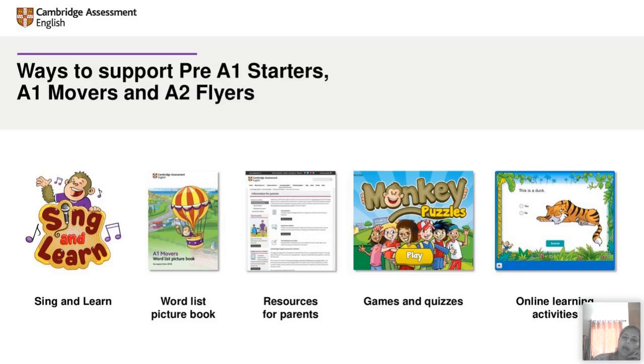And these are all the resources that are available for the parents that they can use at home on their own. Apart from these, you have a lot of games and quizzes, puzzles, online games and quizzes, which the child can play on their own also. Plus, there are a lot of online learning activities. If I do not want a book or if I do not want to download anything, I can go directly online, and there are a lot of activities which I can do, quite interactive. If you go to the site and see, you can see, just simply selecting options and submitting, etc., which children are extremely comfortable doing.